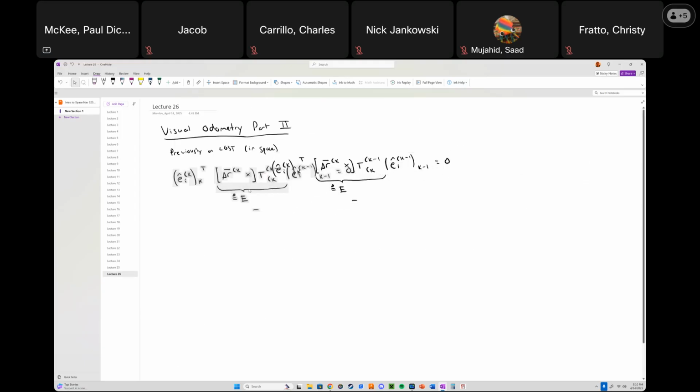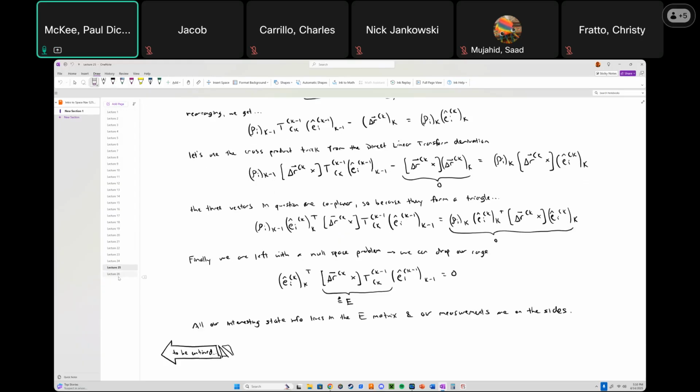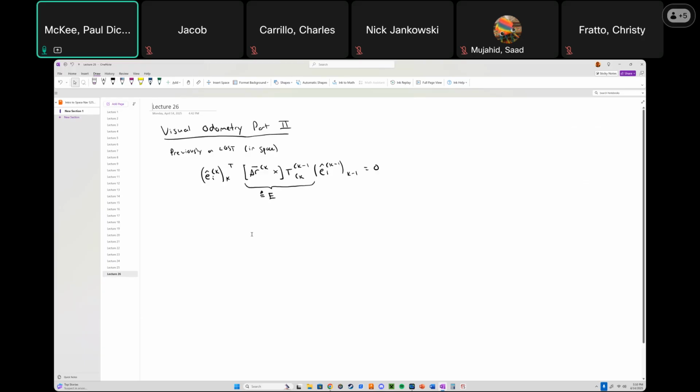I'll just erase this stray mark. I want to make sure I didn't just delete the original. Nope, okay, looks good. So this is our equation from last time,